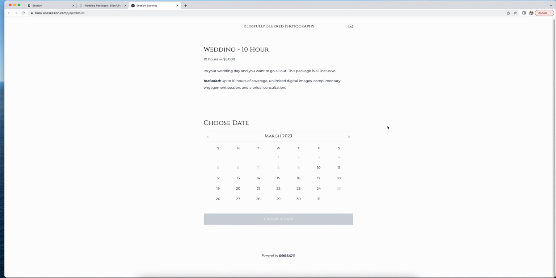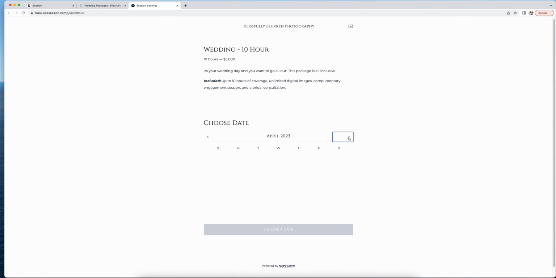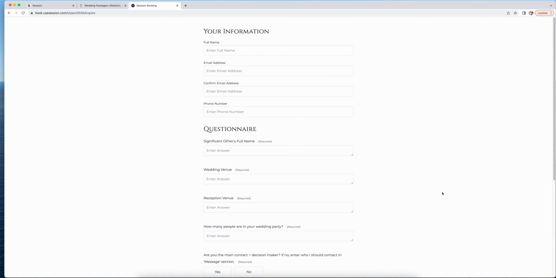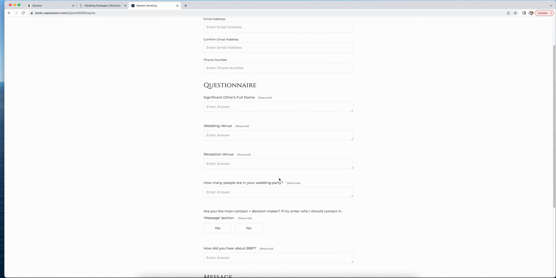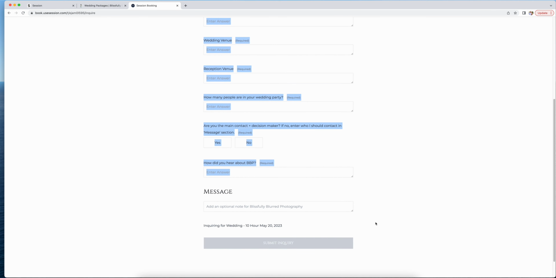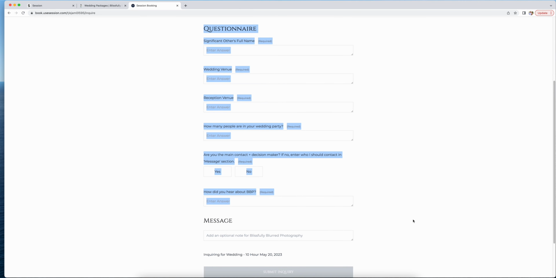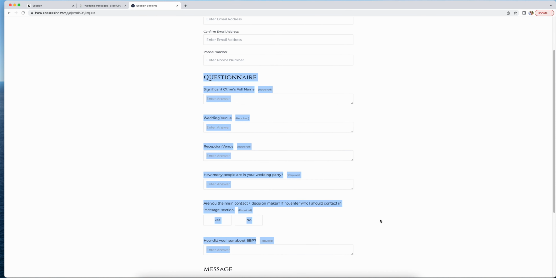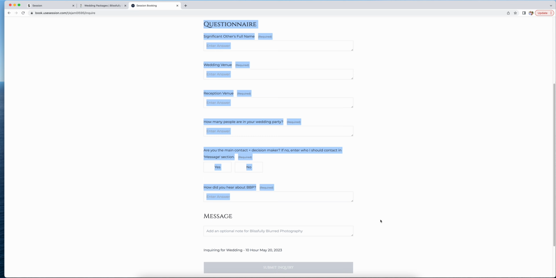So we're going to go here. Now they're going to give me their wedding date, say it's May 20th, and they will put in all their information. They will answer their inquiry questionnaire, and then they can send me a message and submit the inquiry. This is how they are going to inquire about a wedding. Once I get this, I email them to respond,